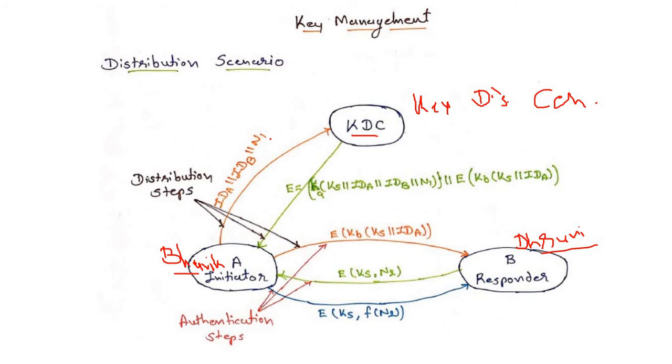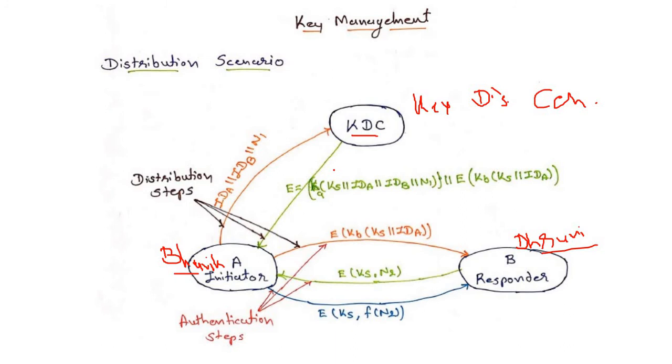Like whenever you are going to log in to a website, they check that you are really a person or a robot. So they generate some image, and you have to choose this is a car, this is a bus, this is a tree. So that is for security purposes. So this type of nonce is generated by the initiator.